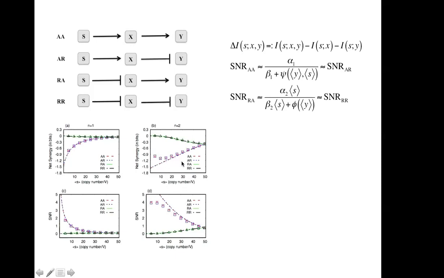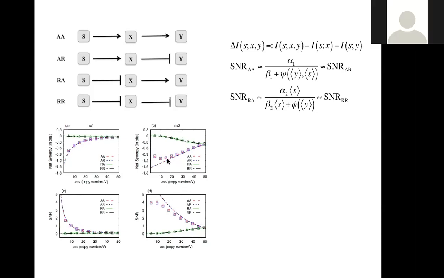simulation and theory, because for n equals 2, the nonlinearity of the system is so high that even after linearizing the system, we cannot remove that high level of nonlinearity. But as we go to the higher copy number regime, which is very close to macroscopic kinetics, we see that the theory and the simulation actually agree with each other.